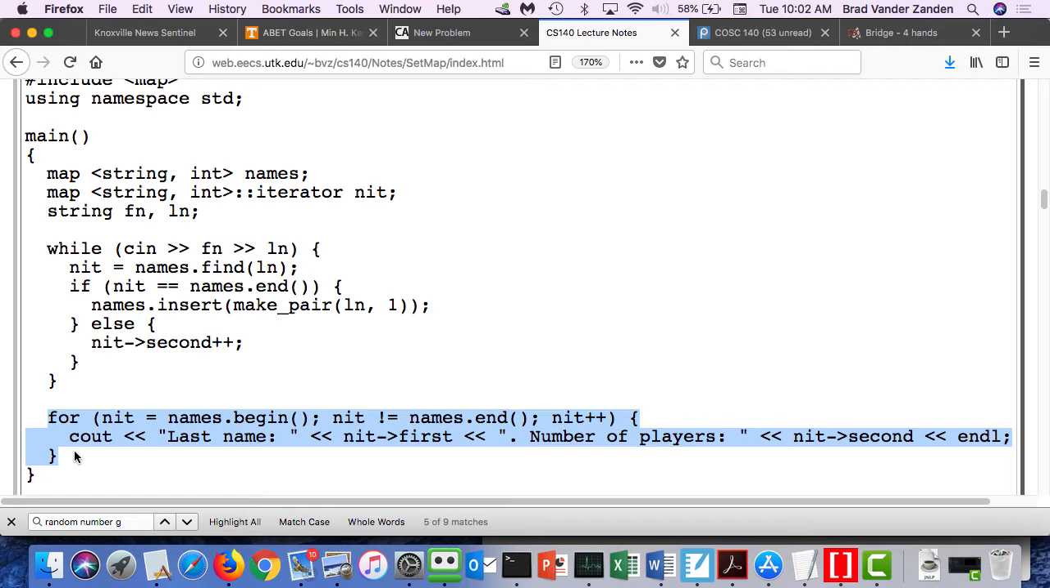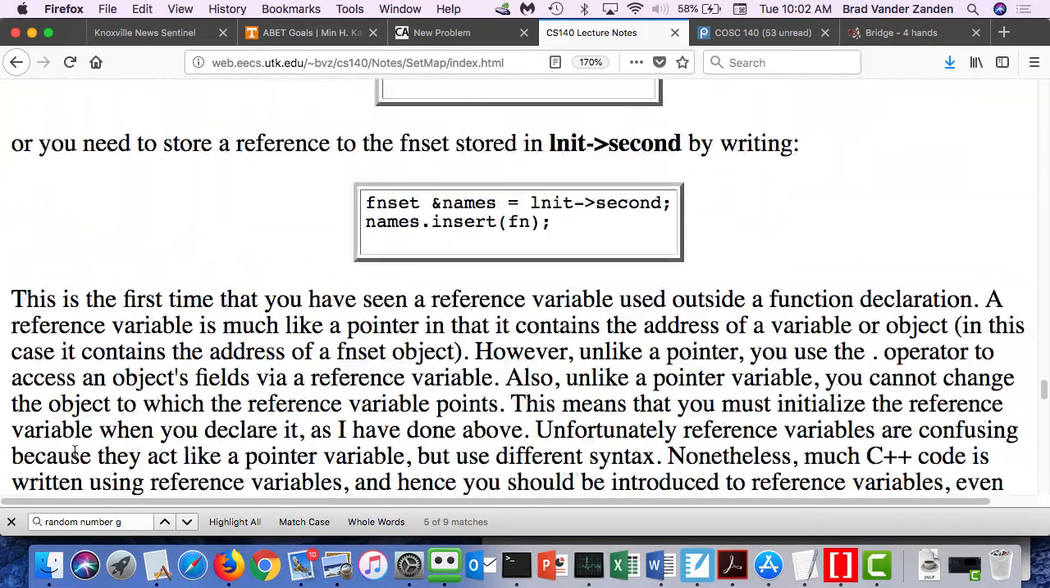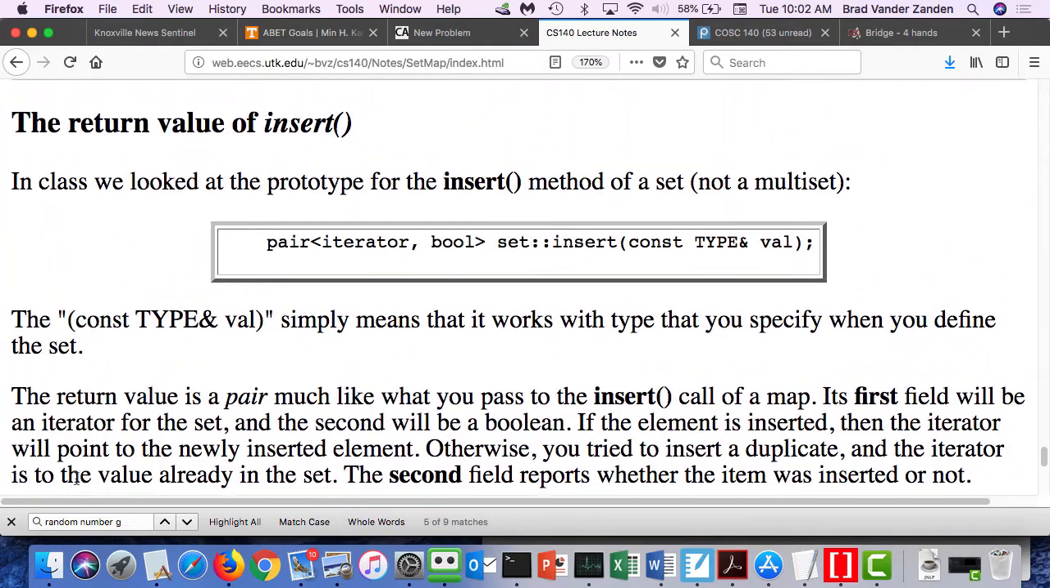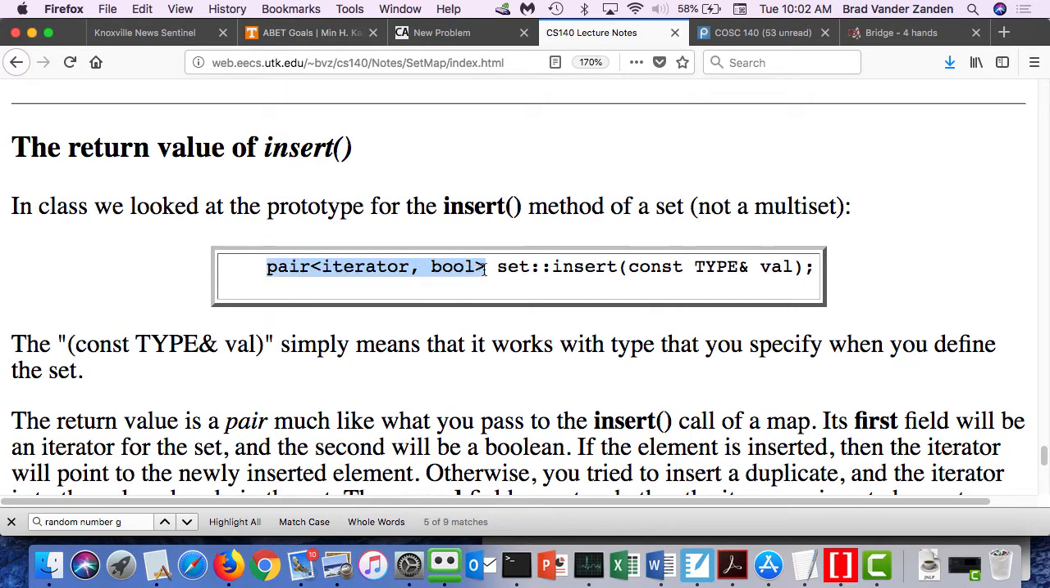Okay. What I wanted to do is show you a couple other ways that you can use maps and write this code just in a somewhat different way. So the first thing is that you could simply, knowing that the insert returns a value, okay, so the insert returns a pair. And that pair, that's what's returned by insert. The first thing